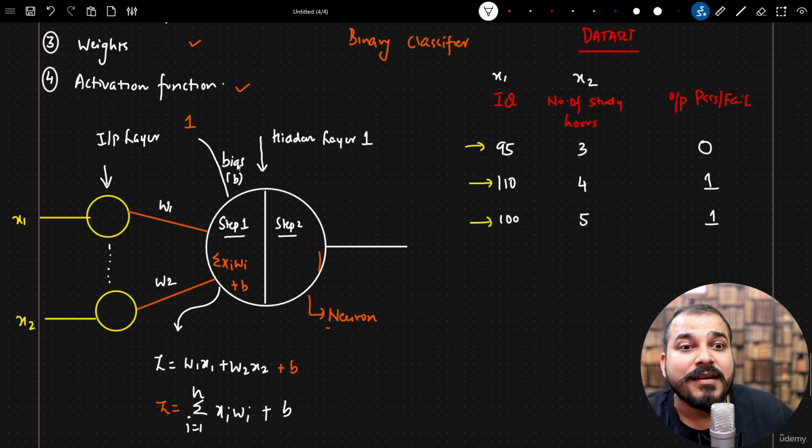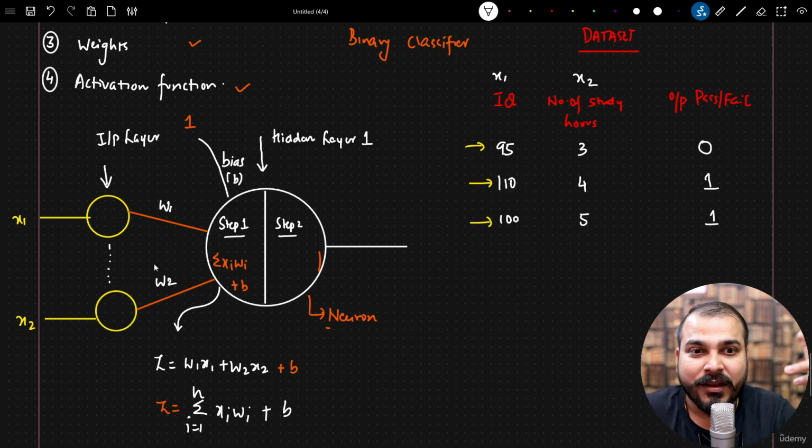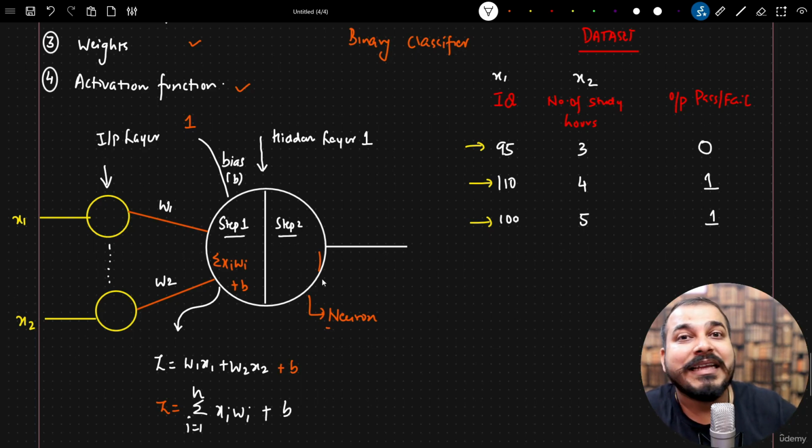Okay. Now, what is the importance of bias? There are multiple very important things regarding bias. Usually the weights are initialized randomly initially. Let's say if the weights are initialized as 0, so no processing is going to happen. So this bias needs to have some kind of value, right? So that this entire processing will not become 0 and this hidden neuron will not become deactivated, right? Because all the output will be 0. So what we do is that we add a small bias, and this bias is